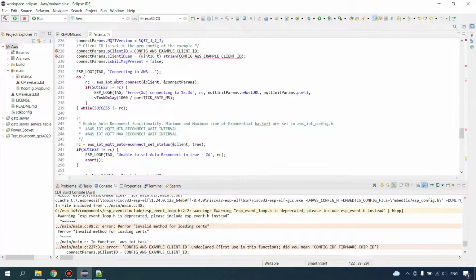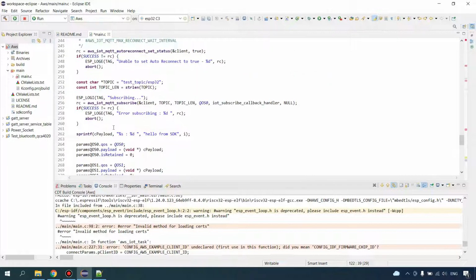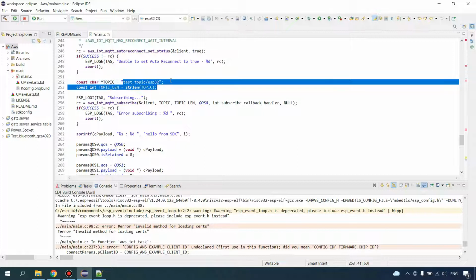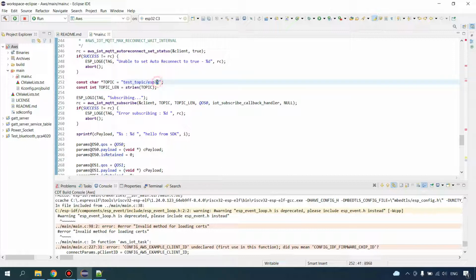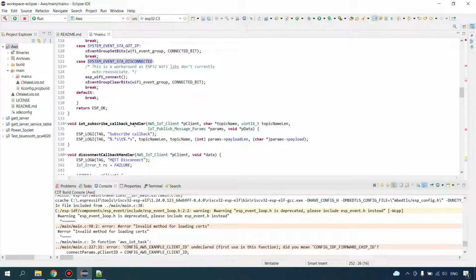So after the connection is successful, here we are subscribing to a topic, test topic /ESP32. So from my AWS IoT Core console, if I use this topic and publish the data, I will get this callback here. I will get this IoT subscribe callback handler and the data will be printed here.